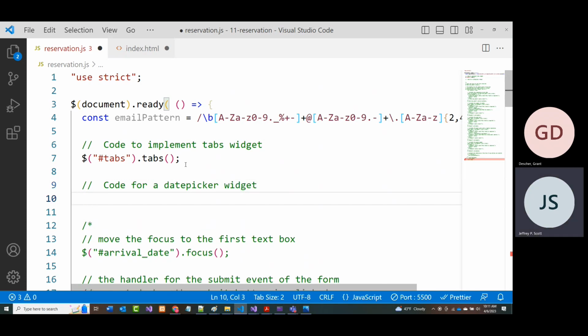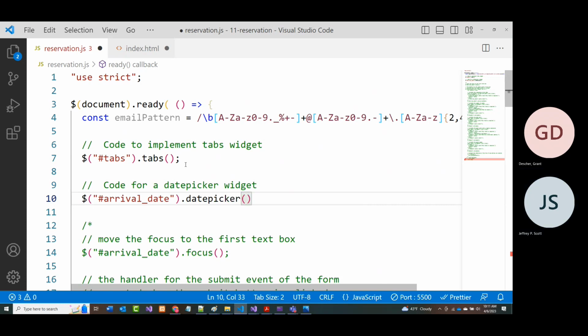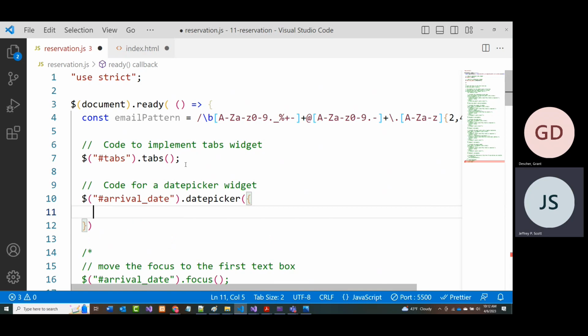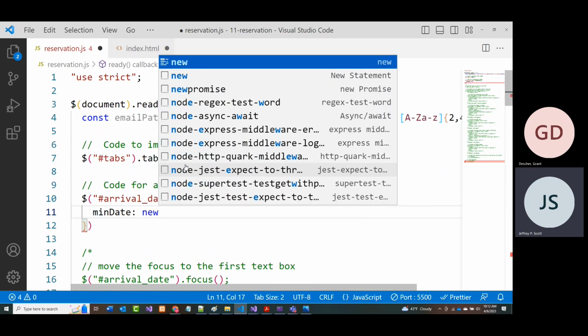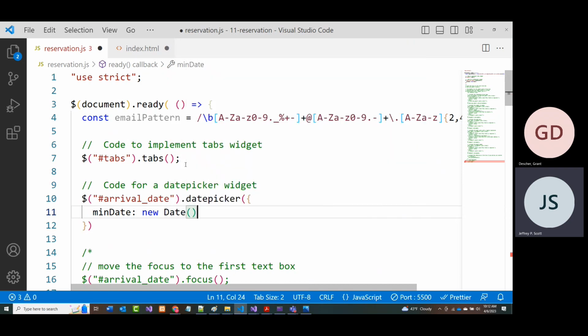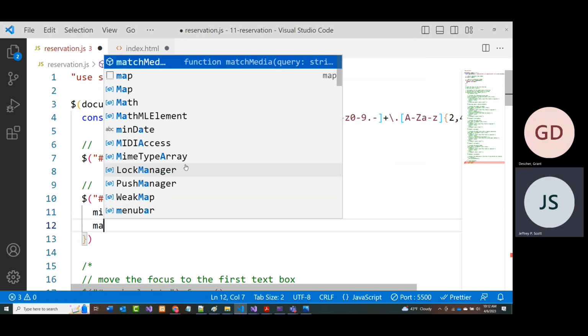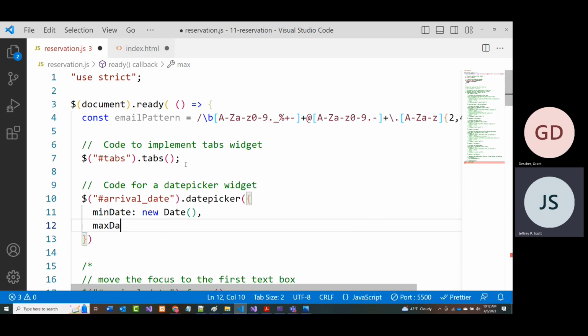Okay, to do that, we want to take the arrival date. And we want to tell it to use the date picker. And the min date is today, so we can just say new date. And the max date that we're going to allow you to arrive is 90 days from today. Okay,